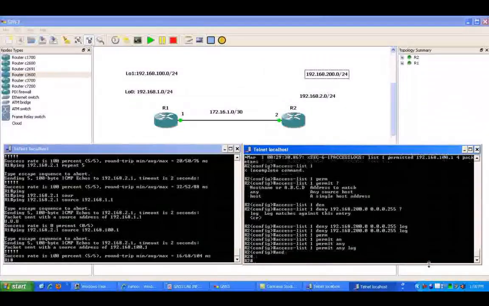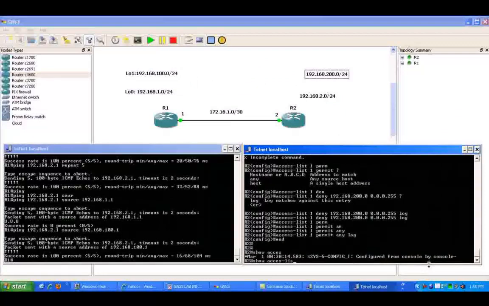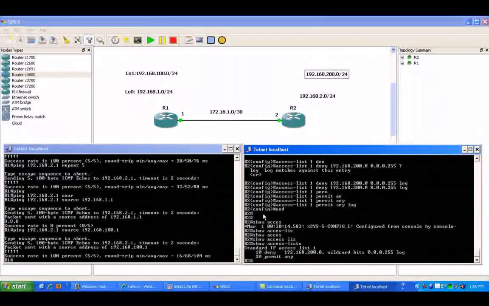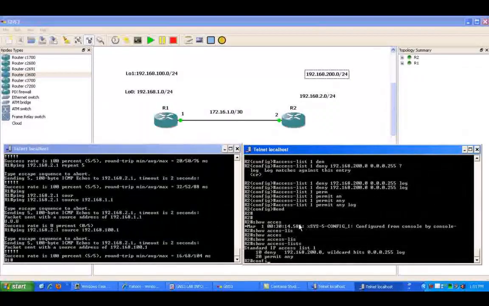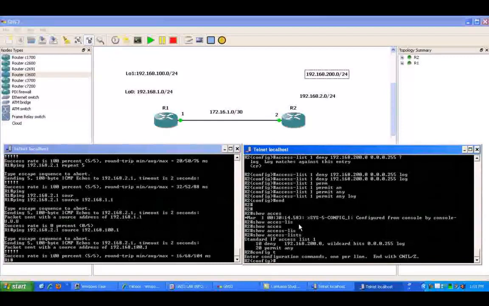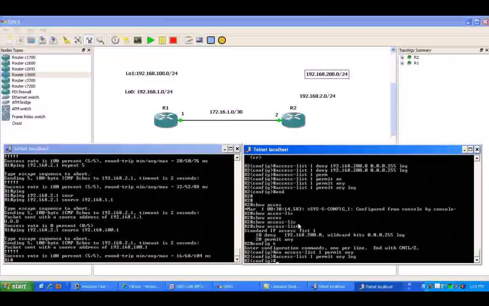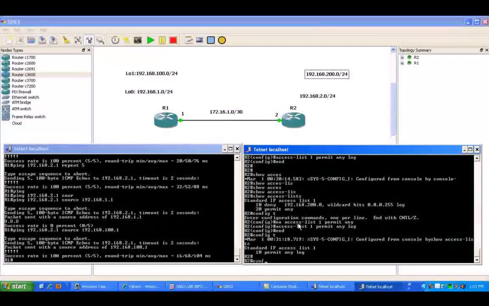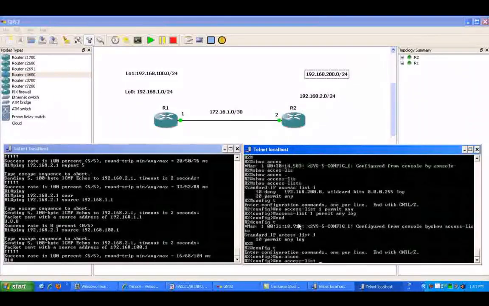So again, if we do a show access list on router 2, now what you can see here is that we have a deny. If on router 2 I go under global configuration and do a no access list 1 and then do access list 1 permit any log, and then go under here and do a no access list 1,